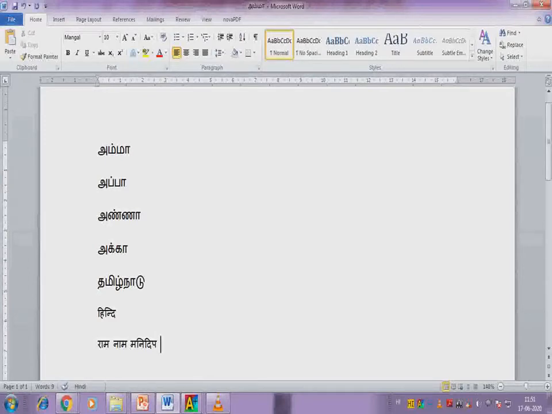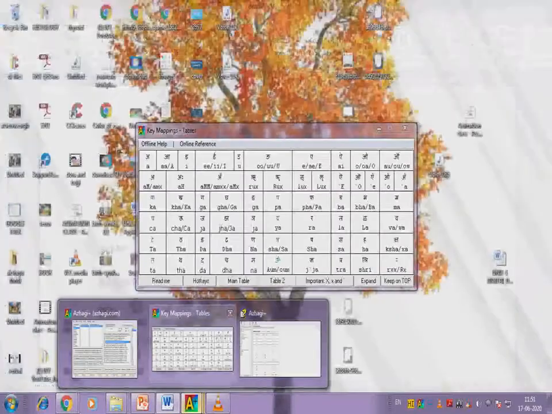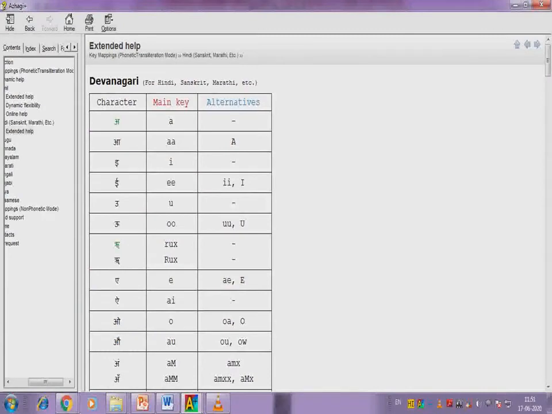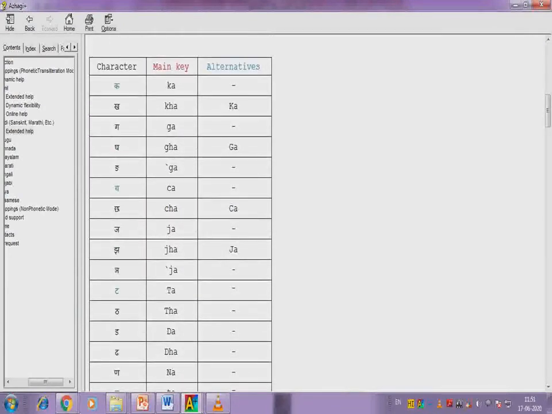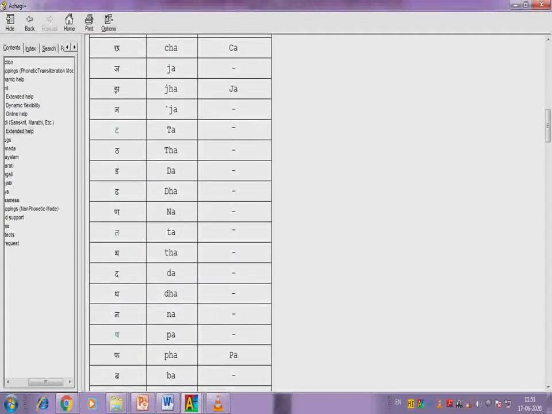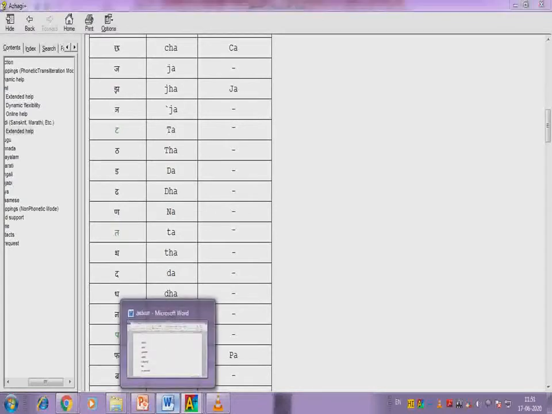Taru. How to type Taru? You have to use English letters for typing it in Hindi. If you have any doubt, go to the guidelines, that is the extended help. Don't close that screen, just minimize it, and whenever you want you can open it and see the letters.